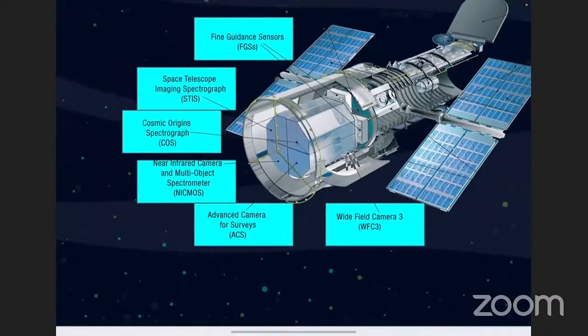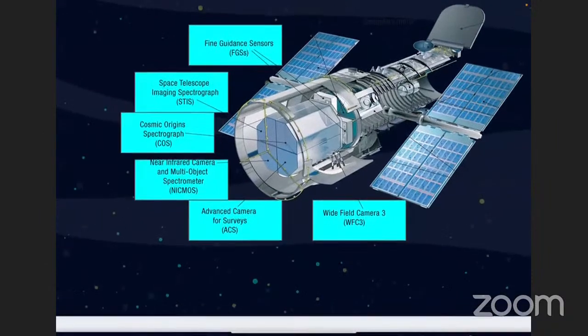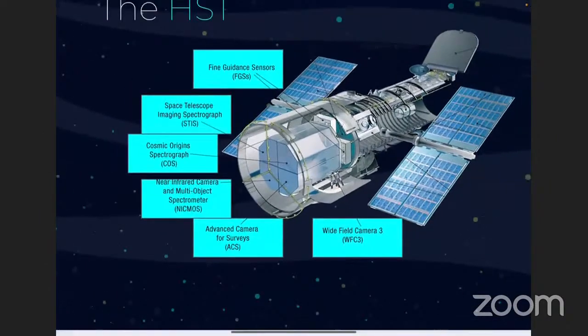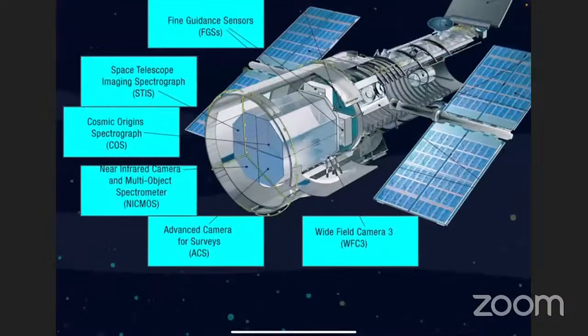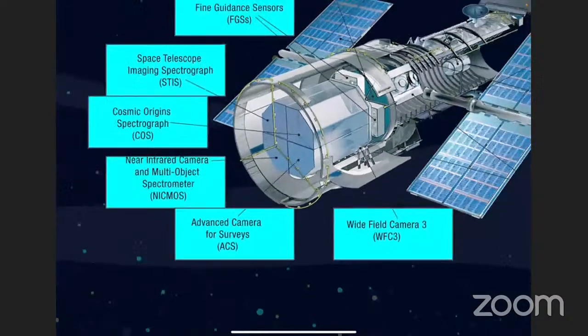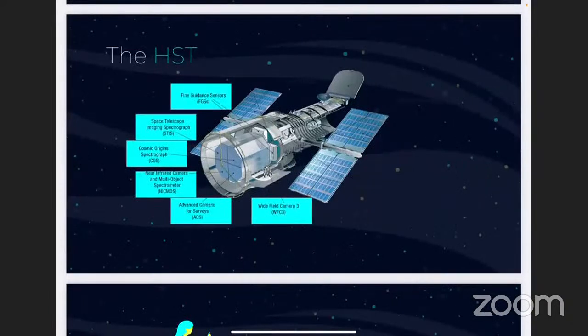It observes objects hidden by interstellar dust, such as sites of stellar formation. So for example, if astronomers were to study a specific solar system, but it was blocked by space dust, this panel right here could see right through the space dust and study those objects.